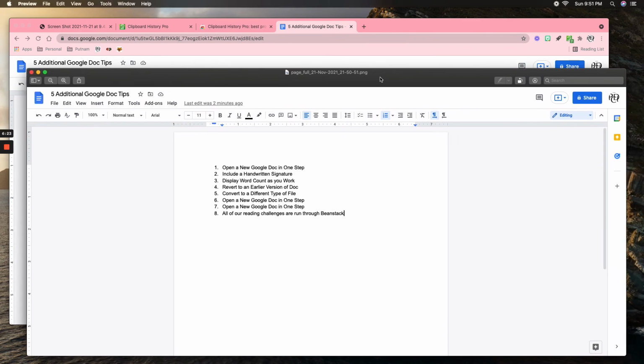That is the Clipboard History Pro and what it can do for you if you just use it as the free version. Next week, we're going to take a look at our last extension for the month, and that is